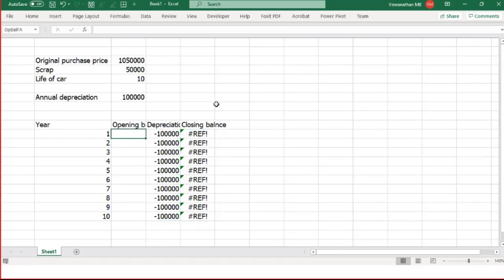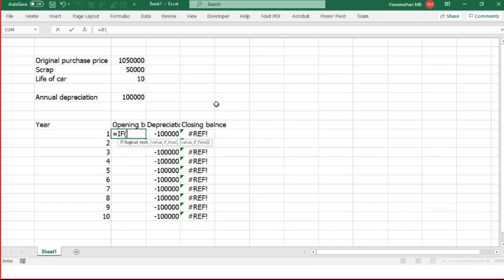Now this is going to be pretty tricky to do in dynamic array, but when you understand the basic mathematics, this is going to be easy. A traditional intuitive approach is going to be a little complicated here. For the first year, if you have to do it normally, this is how you would do it.